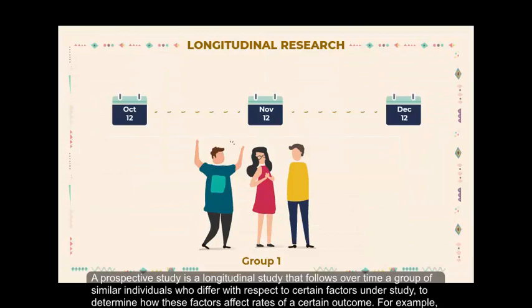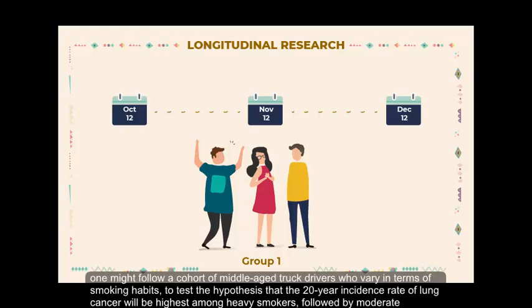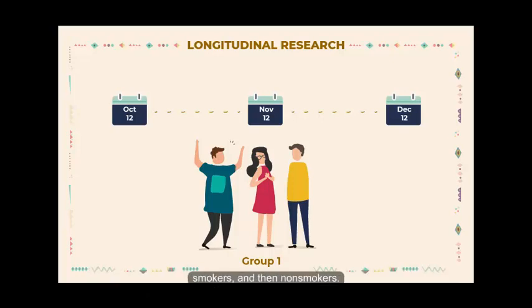A prospective study is a longitudinal study that follows over time a group of similar individuals who differ with respect to certain factors under study to determine how these factors affect rates of a certain outcome. For example, one might follow a cohort of middle-aged truck drivers who vary in terms of smoking habits to test the hypothesis that the 20-year incidence rate of lung cancer will be highest among heavy smokers, followed by moderate smokers,